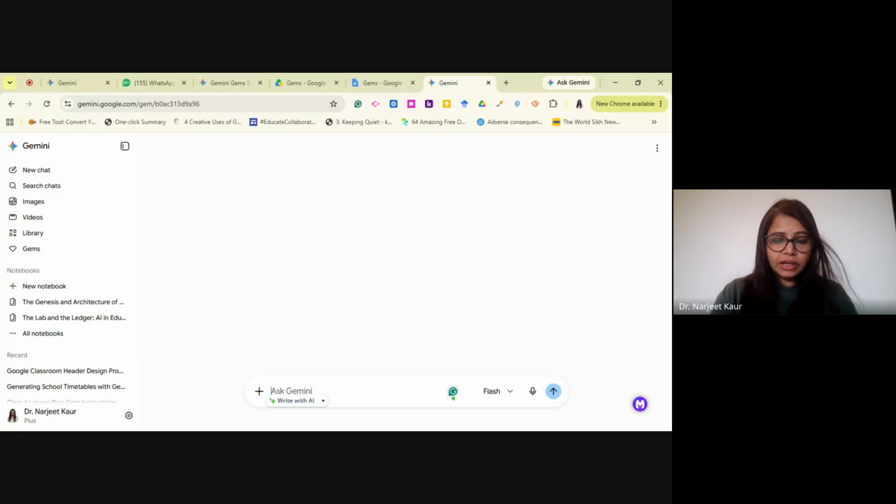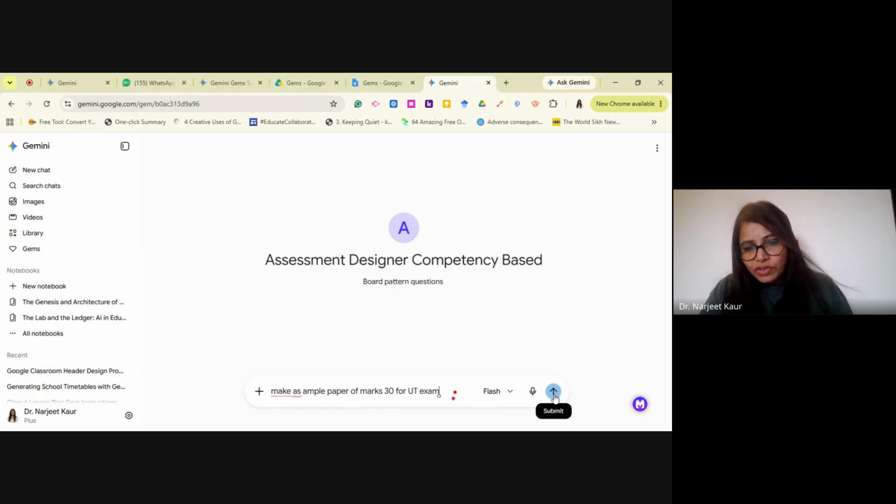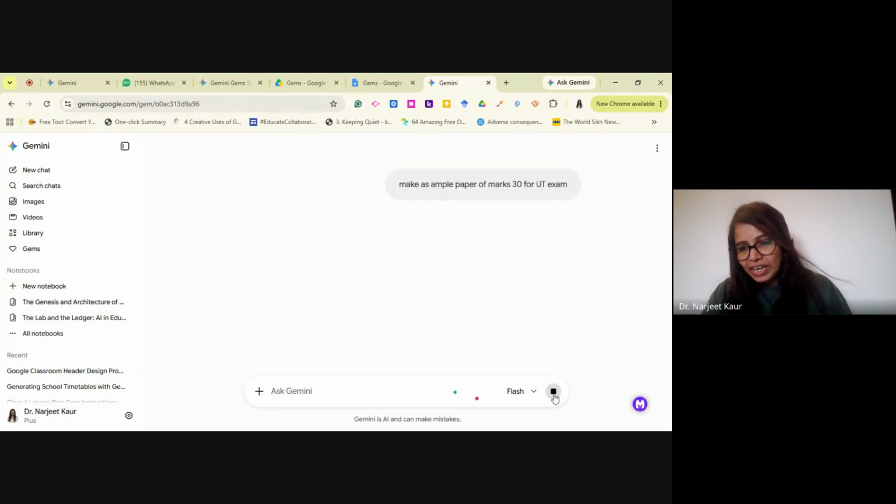So what would I write? Make a sample paper of, say, 30 marks for a UT exam. That's all you have to give. I can give specifications if I like, but what is the use of a gem if I have to make it over and over again and give instructions?